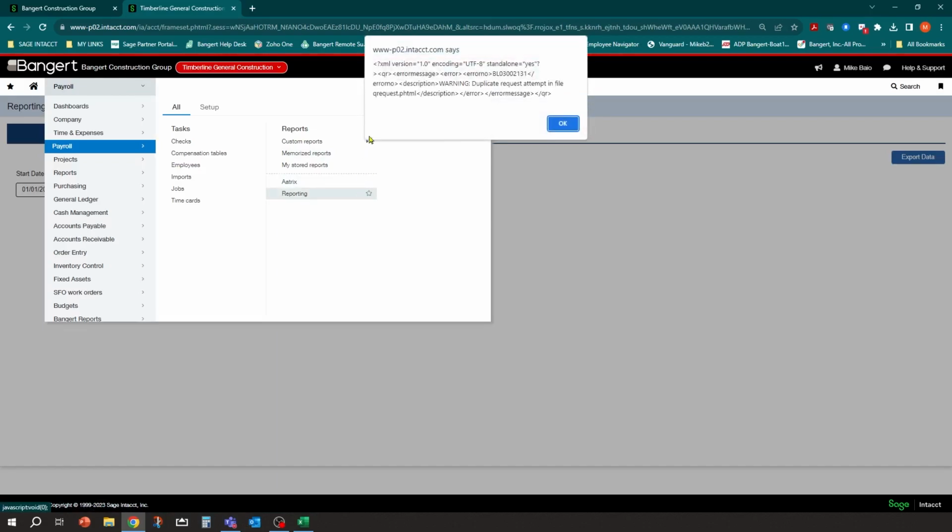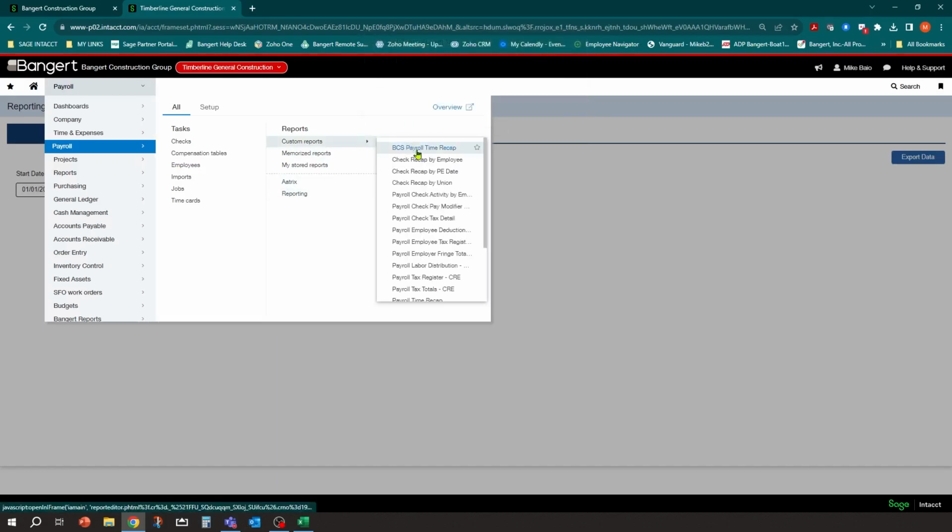On top of that, we do have custom reports that come in the system that are payroll related, and you can see them right off the menu here. And if you don't see them on the menu here, contact us at help@bangerninc.com. We'll make sure that they're on your menu and that your payroll reports are uploaded and ready to go. But you should see them here. All the out-of-the-box payroll reports will start with the name payroll in front of them. I do have some custom ones here as well that we typically load up for our customers who have payroll. But these are all the custom reports that are on there.